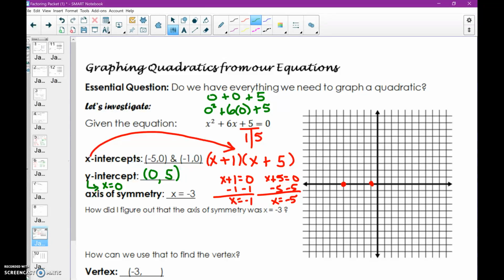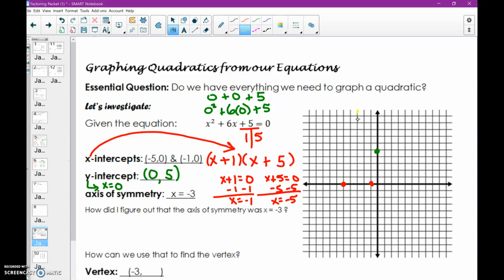So 1, 2, 3, 4, 5 right there. So there's our y-intercept. If you understand the concept of the intercept and the x equals 0, it's a pretty easy thing to figure out. I mean, plugging in 0 is one of the nicest numbers to have. It's pretty great. Now, we already wrote an axis of symmetry for you, and it is at negative 3, cutting